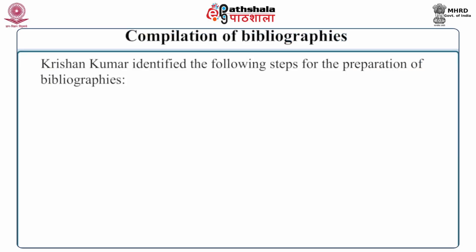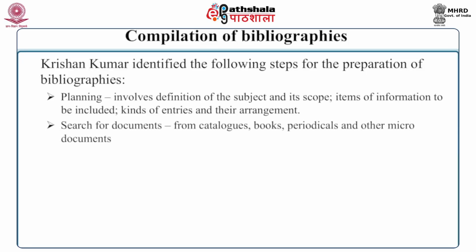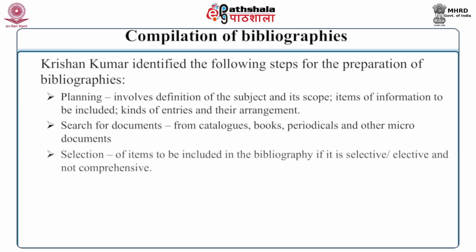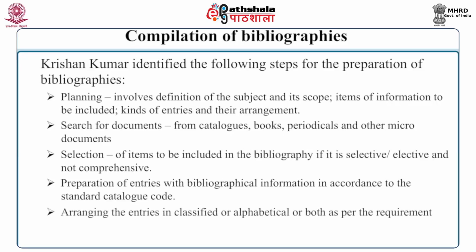Kishan Kumar and Girija Kumar have done a lot of work in this, and according to Kishan Kumar, it includes the planning phase, which involves the definition of the subject and its scope, and search for documents, that is from catalogs or books or periodicals and other micro documents. We have to search for the information. Then selection of information, pruning out the unnecessary ones and selecting only the relevant ones, and preparation of entries with the help of standard catalog code, and arranging the entries in a classified or alphabetical order, or usually both orders